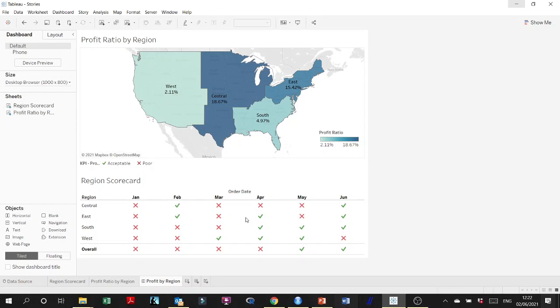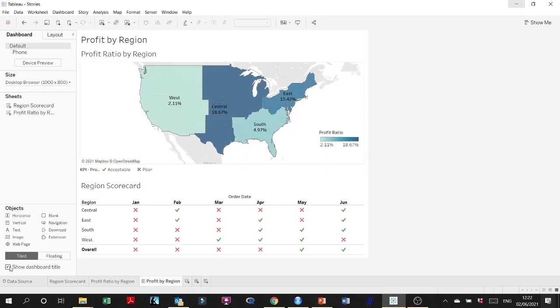Okay, here's a profit by region. We can put it as this, and we can show the dashboard